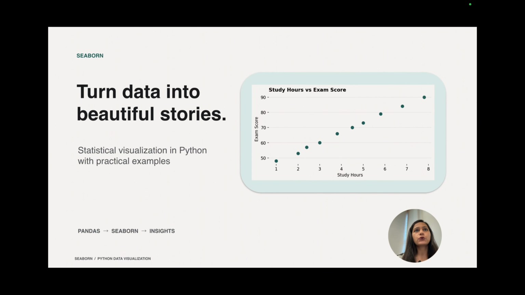In our previous tutorial, we learned Matplotlib and saw how we can create and customize different types of visualization in Python, right? Today, we are going one step further with Seaborn. Seaborn is a Python visualization library that makes it much easier to create attractive and statistically meaningful visualizations. In this tutorial, we are going to learn about Seaborn practically. We will write the code ourselves in Google Colab and understand not just how to create a chart, but also when and why we should use it. So let's quickly get started.